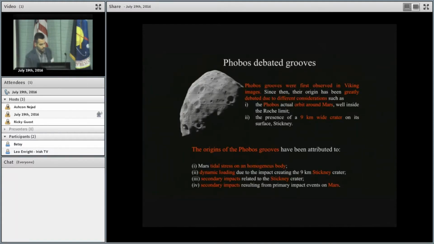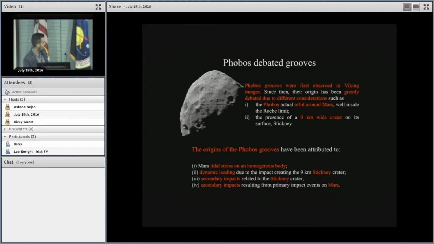Talking about the debated Phobos grooves, they were first observed in the Viking images. Since then, their origin has been greatly debated because, unlike the other asteroids, Phobos of course orbits Mars. So it's a different situation with respect to main belt asteroids or near-Earth asteroids. The Phobos orbit is around Mars, well inside the Roche limit, and there is also an important feature, the Stickney crater, which is a 9-kilometer crater